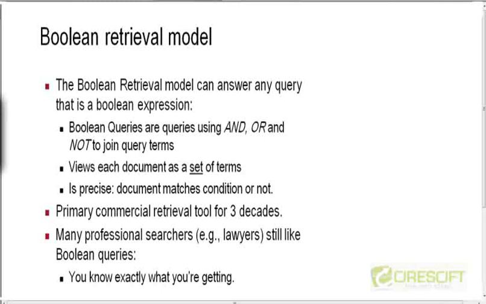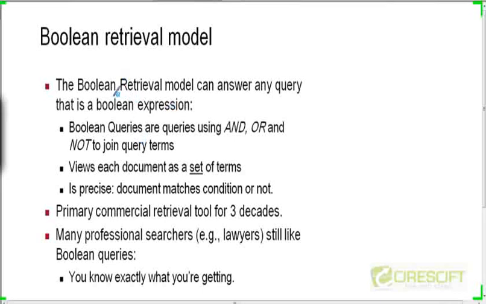Now, there's something called the Boolean retrieval model, which is what we have looked at so far. The Boolean retrieval model is the simplest retrieval model, and it turns out that this is not the retrieval model that is used by modern search engines like Google, although there are some similarities. And some of the core ideas that we have learned so far equally apply to the other model, which we will come to later in this course. But what is this Boolean retrieval model?